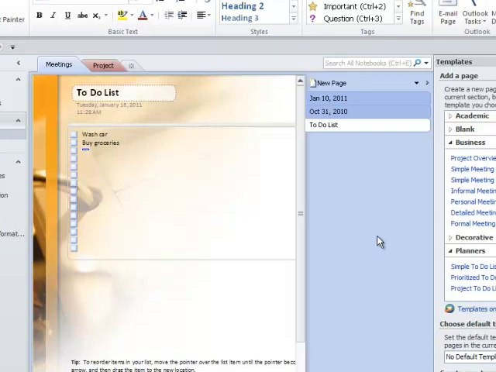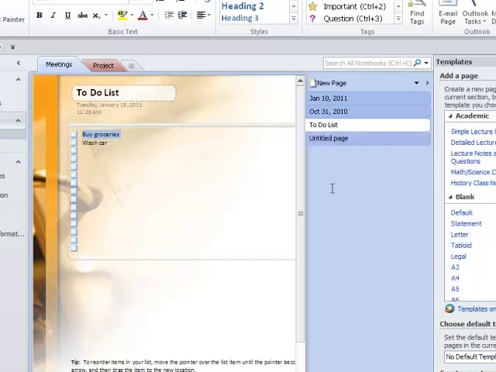Back to organizing your information further. In this to-do list, for example, you can reorder the items in the list. You just position your mouse over the item like this. So to the left of this checkbox, you see the four-headed arrow. When I click, I'm about ready to drag and drop this item. As I go upwards here, I'm releasing the mouse, and I've got that as my first item on the to-do